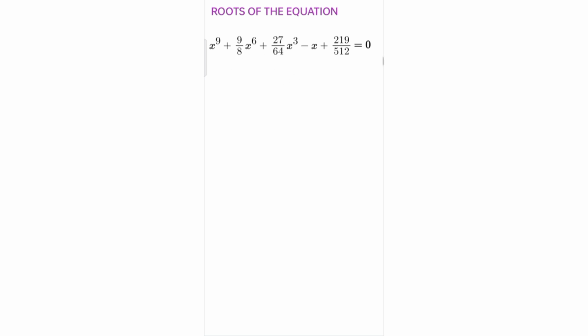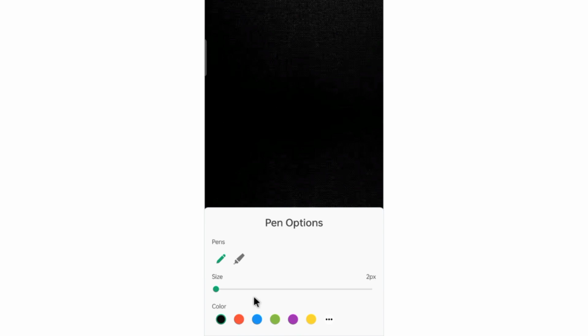It's a polynomial of degree 9. So we are actually finding the roots of a polynomial of degree 9 without any general formula to find the roots or something like that. So it's going to be a beautiful journey to reach the answer. I feel this is really a mind-blowing problem. I feel people sitting out there will also find this problem a challenge, and should try to solve it first on their own and then watch the solution.